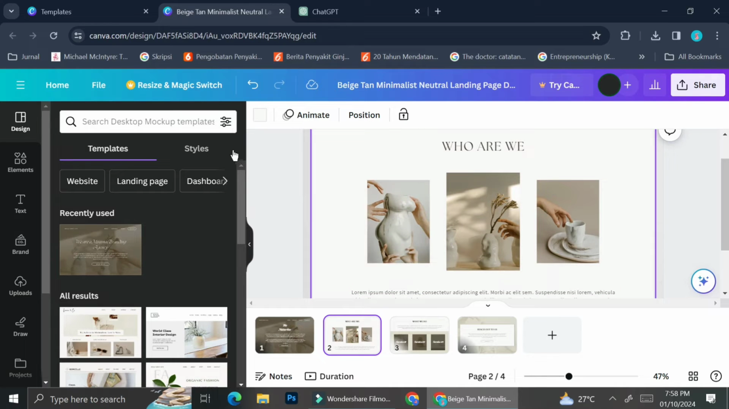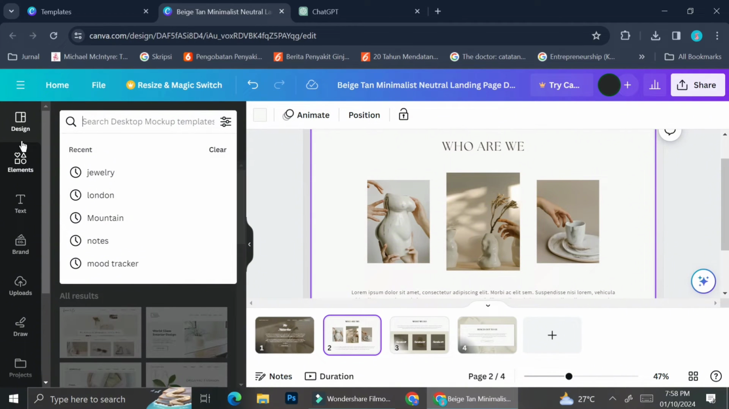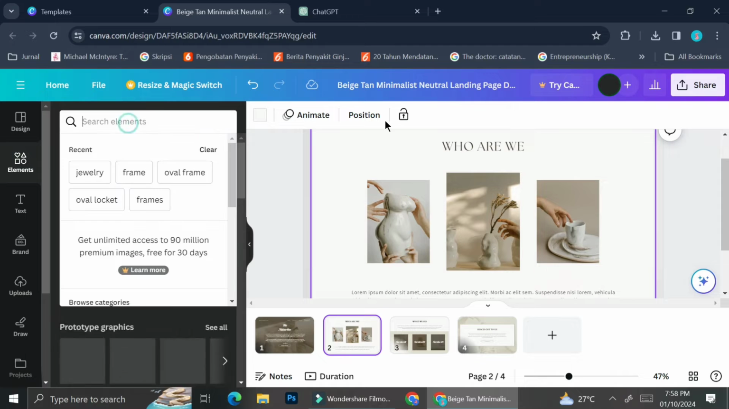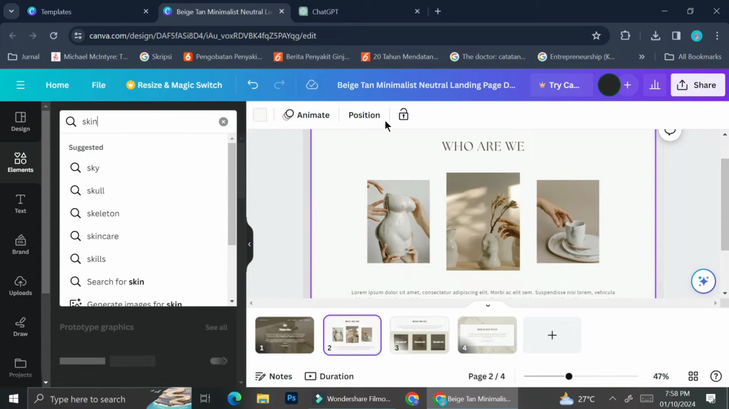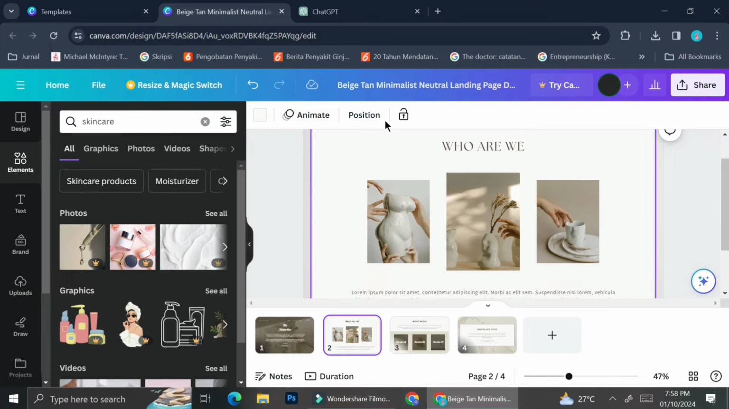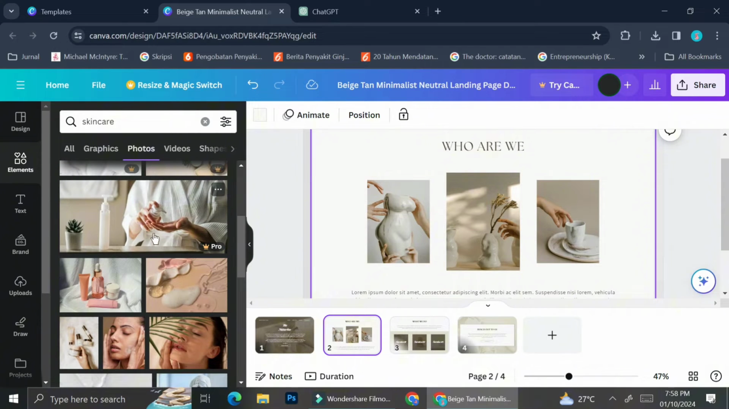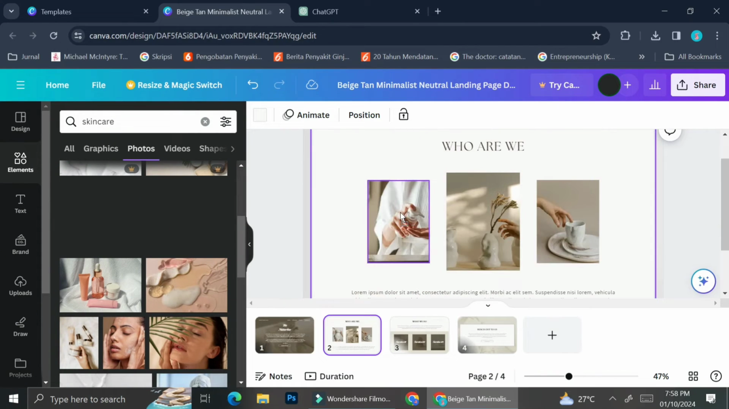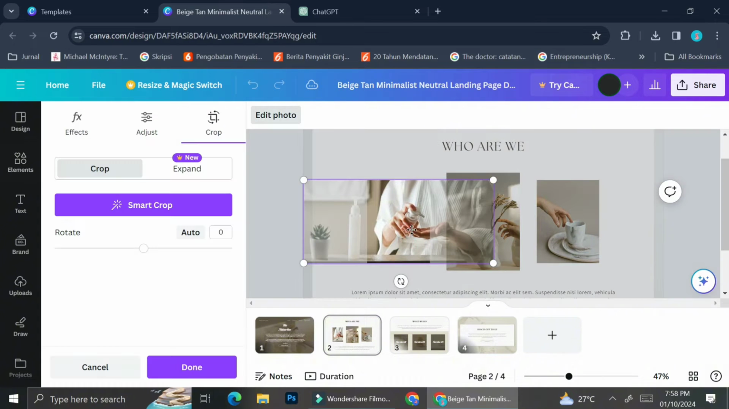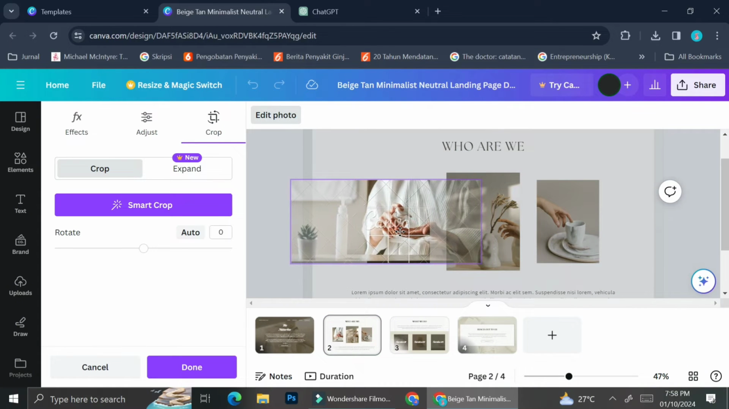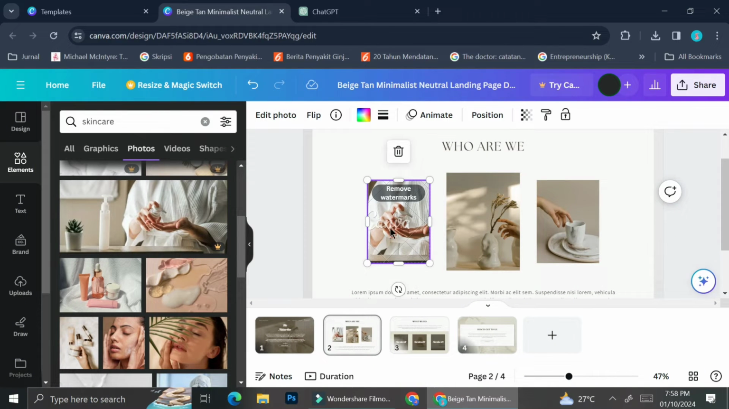Since the brand that I have is a brand for skincare, I'm just going to change these pictures right here into skincare pictures. Obviously, if you're making it for your own store, you will want to insert your own picture because these are going to be displayed on your website. But for the sake of the tutorial, I'm just going to go ahead and use pictures from Canva. And as you can see, I'm typing in skincare on the search bar, and here I am inserting the picture